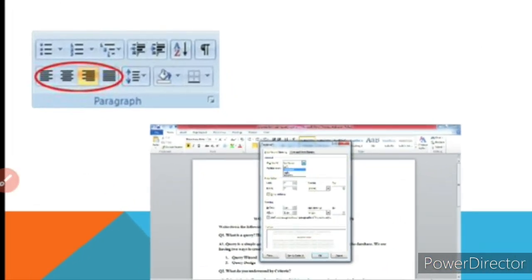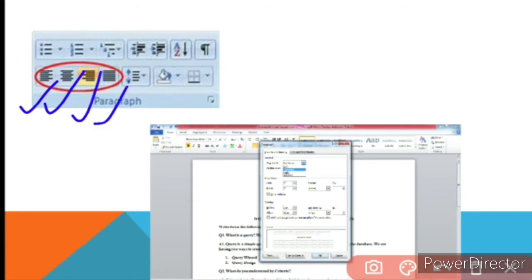So if you directly want to apply, you just have to select your paragraph and then choose your left alignment. It will show by default. If the question comes which alignment is used by default in a Word document, you have to write left, because whatever lines or paragraphs we want to write, everything will start from the left side. So by default the left alignment will appear in your paragraph or lines, but according to your choice you can change it to the center position, the right position, or justified position.